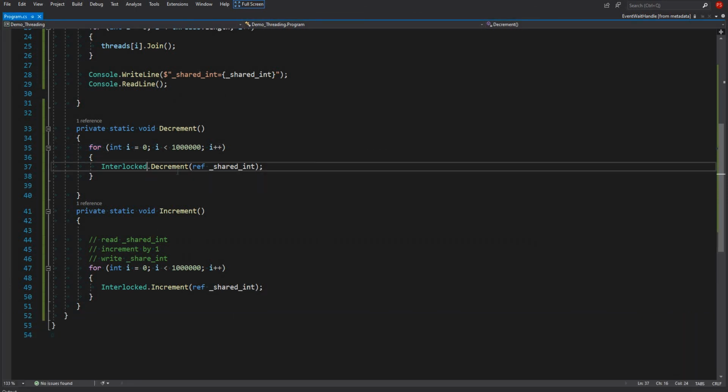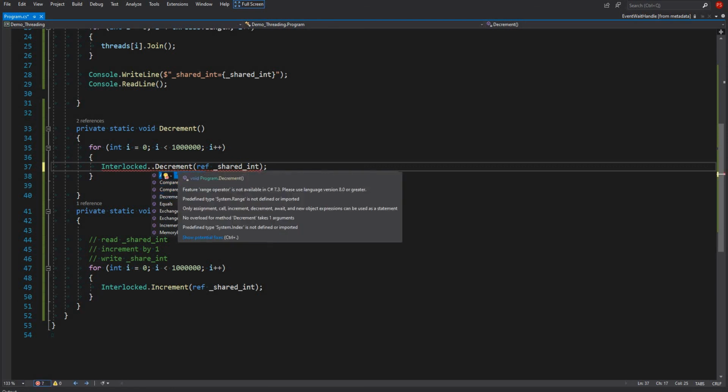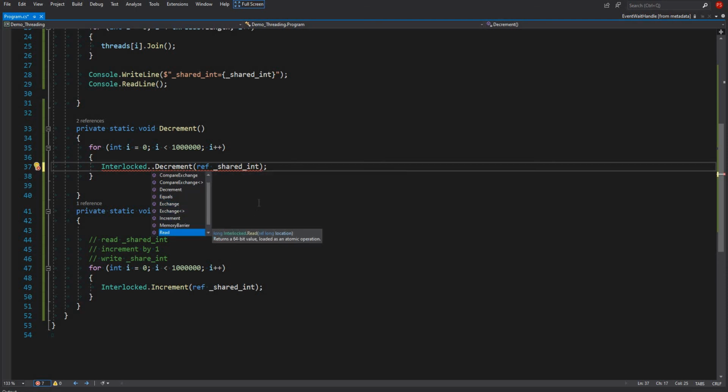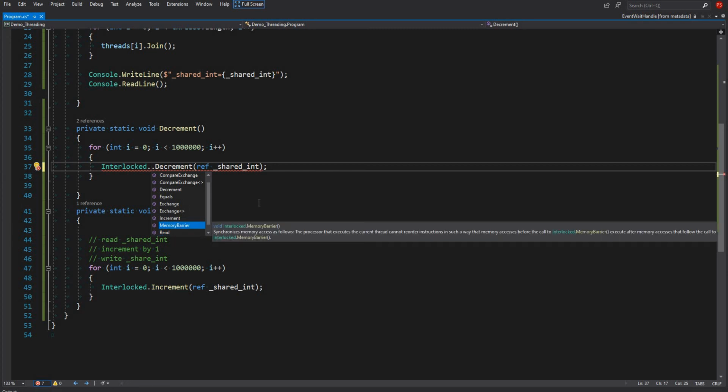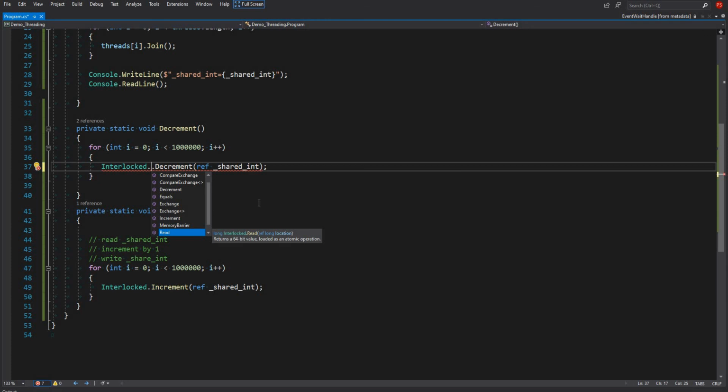This Interlocked class has many interesting methods. Add, you can add. CompareExchange, you can compare and exchange the value. It's a very cool method. Also Decrement, Exchange, and what was that, MemoryBarrier, Read, which can read atomically, and ReferenceEquals. Increment increments a specified variable and stores the result as an atomic operation, and that's the clue.